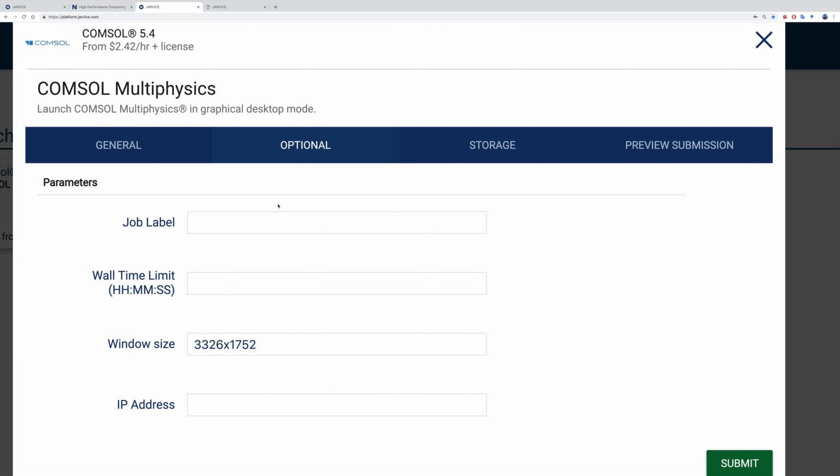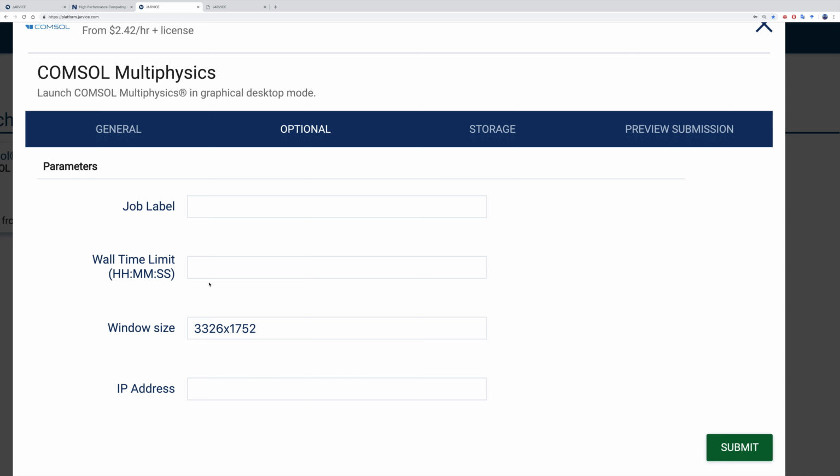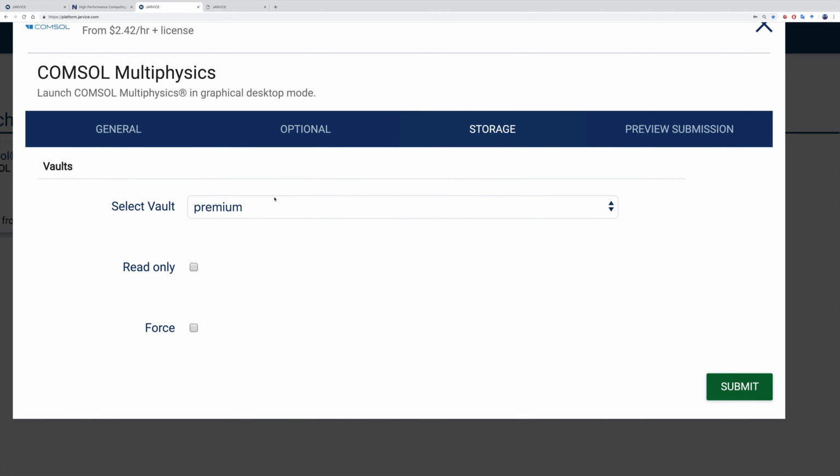Then you can also have a look at different options. You can add a job label if you want, a wall time limit. So if you're the kind of person who forgets to close servers and then goes on vacation and after a week realizes that you spent hundreds of dollars, then maybe you can enter some number here just to make sure this doesn't happen. Yeah, the screen resolution and the storage type, you normally use the premium storage,